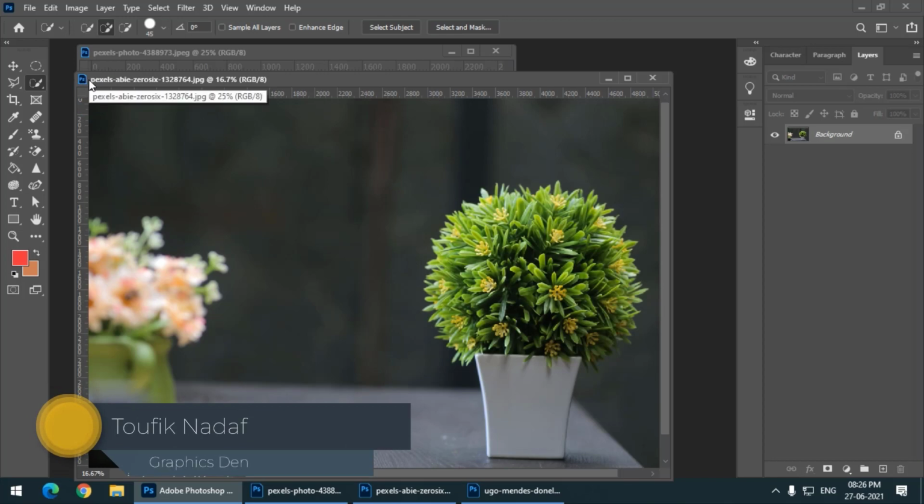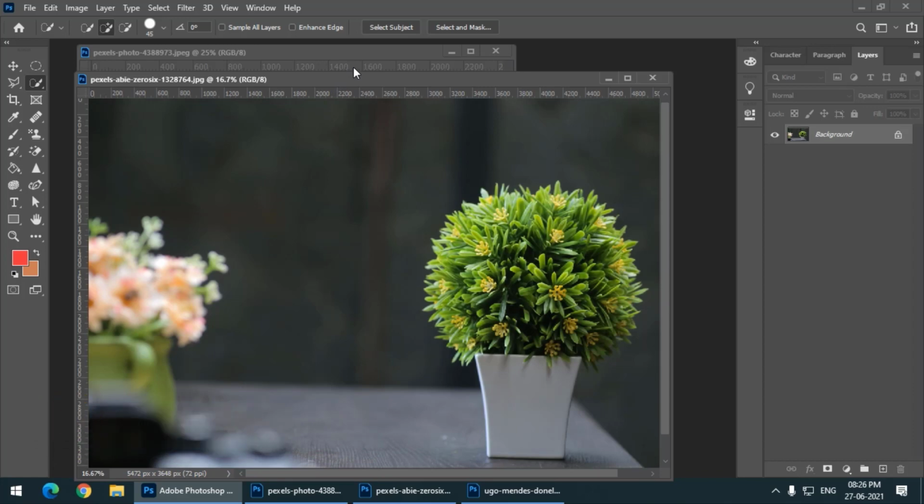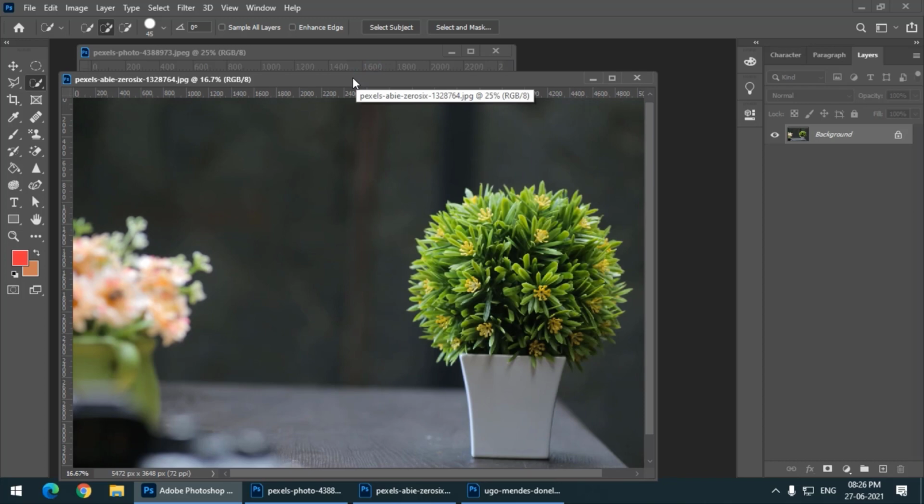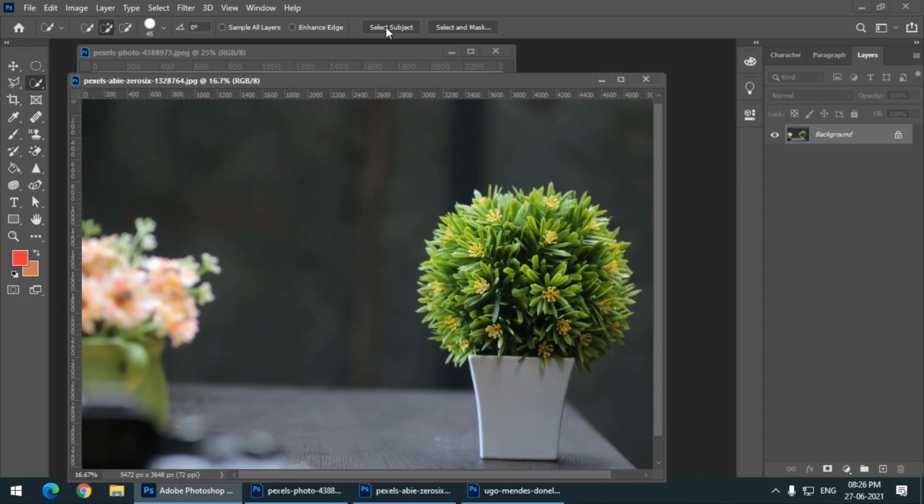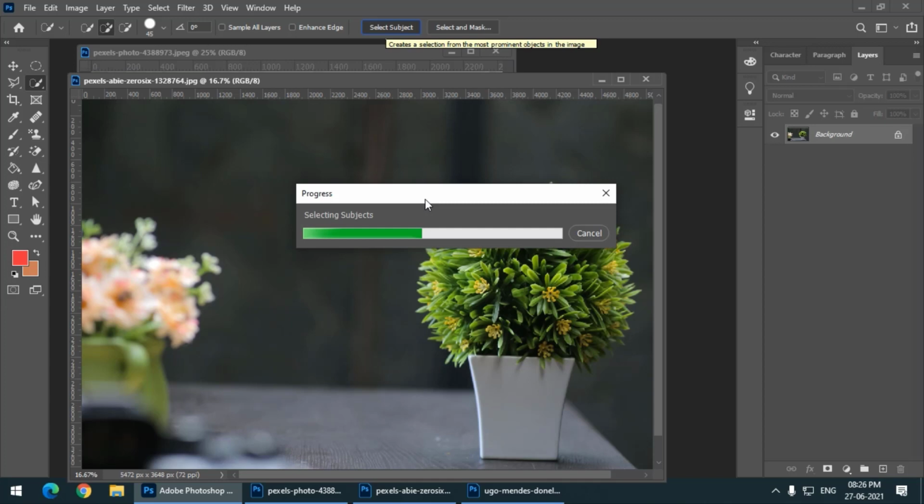In the quick selection tool we have a property called Select Subject, which selects any object present in the current image. If I simply click on this property, it will analyze the entire image and try to select an object.